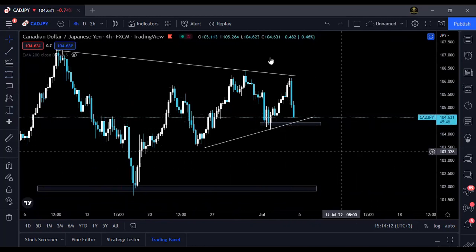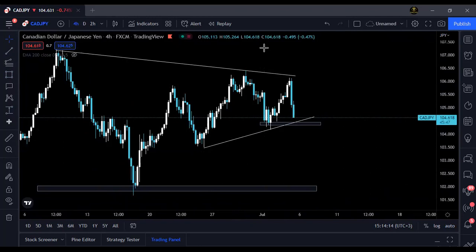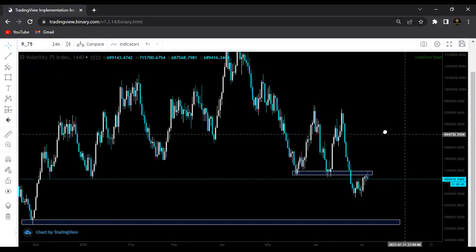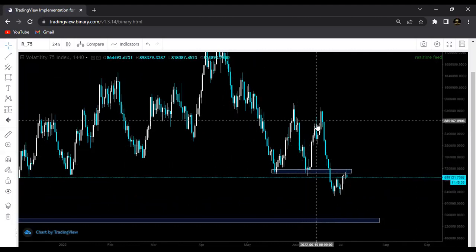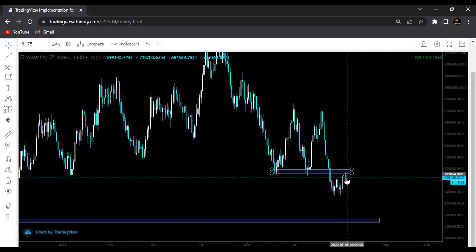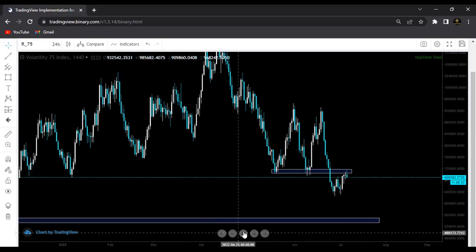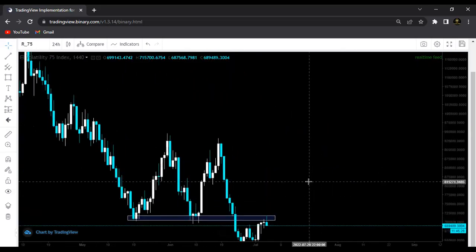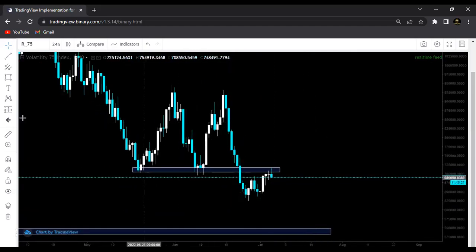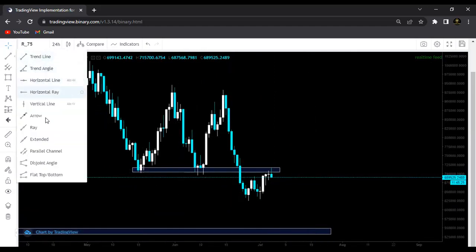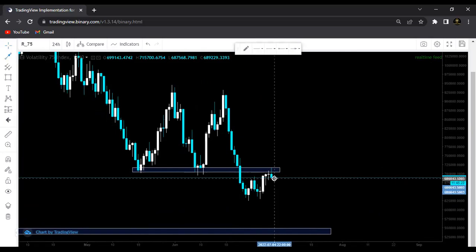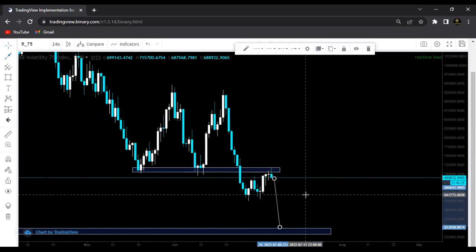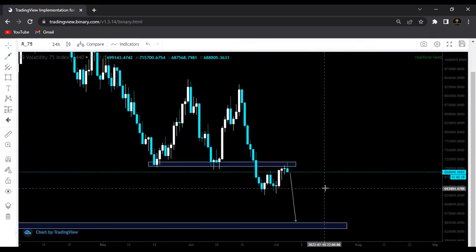Okay, cool. Let's jump into our all-time favorite, Volatility 75. You already know what's up. You see prices broke below this double top. This was the neckline. Prices came with the retest. Lack of momentum, you can see all that lack of momentum, bleeding. So here, it's obvious that prices will be dumping. My bias is that you can go and look for selling opportunities right about now. So that's Volatility 75, guys.